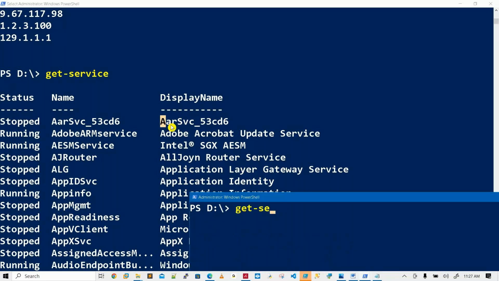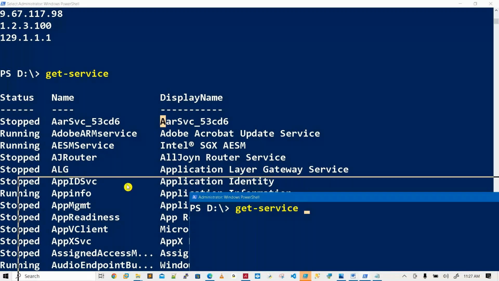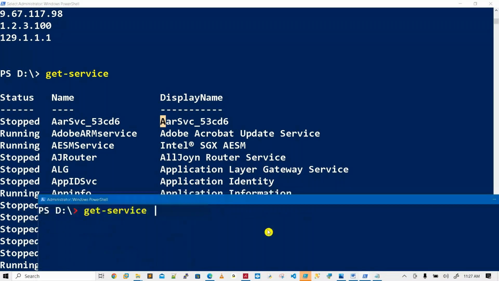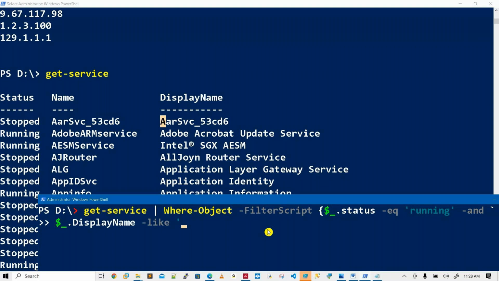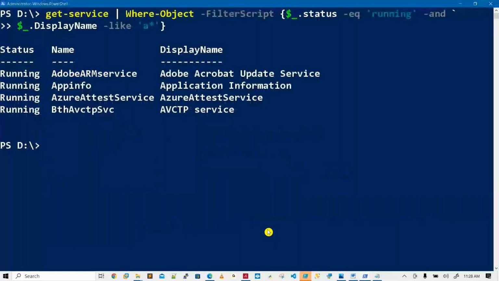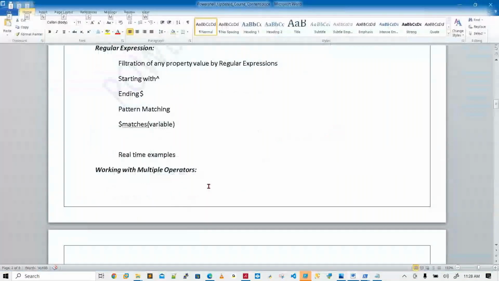See how simple I am writing the condition, if you know the logical operators. First condition, status should be running or stopped, and the next condition is display name starting with A. See the output. Two conditions. Status should be running? Yes. Display name is starting with A? Absolutely. So it is a truth table concept involved here. That's why the first 25 sessions will give you a good clarity.